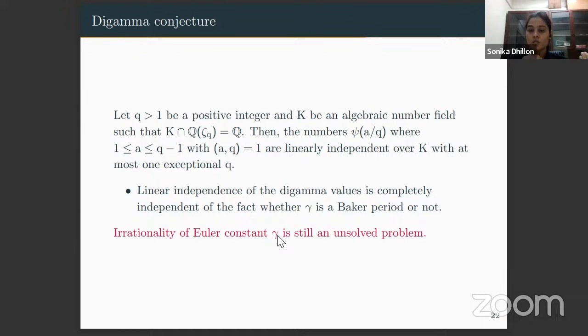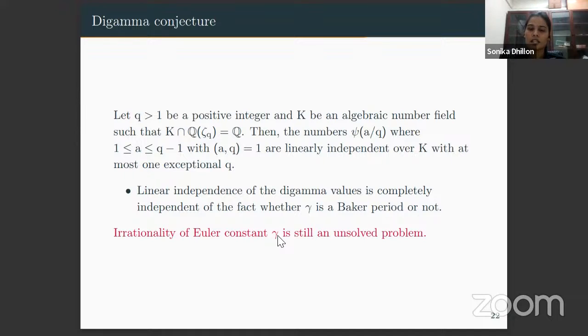Previously, it was proved when q and r are coprime, but still there is an infinite set of integers left for which we can't say anything about the conjecture. Here we have proved that except with at most one exception, this conjecture will always be true. And in fact, not only this, the observation that I mentioned there, either gamma is the Baker period or this conjecture is true. So in that case, we have incorporated both cases, whether gamma is a Baker period or not. In both cases, we have found that the conjecture will be true with at most one exception.